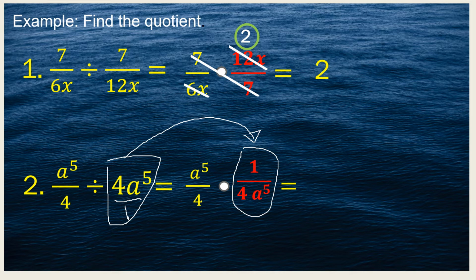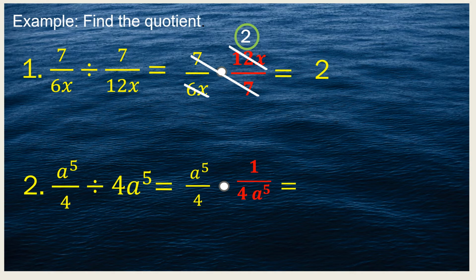Pagkatapos po nun, we have also to consider if there are some terms to be cancelled out. Kung meron maka-cancel out, yun po muna unahin natin. In this case, we have to cancel out a raised to the 5th power dito sa kanyang numerator sa left side at denominator naman sa kanyang right side. Since magkaparehas po sila, we can cancel out the terms. And ang natira po natin is only 1,